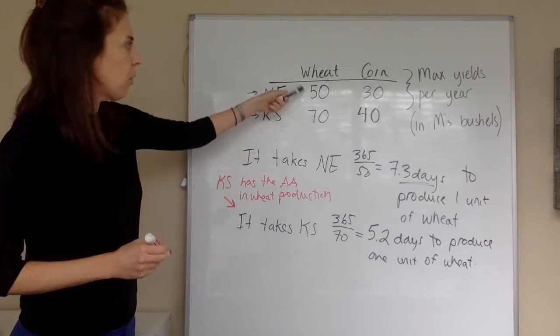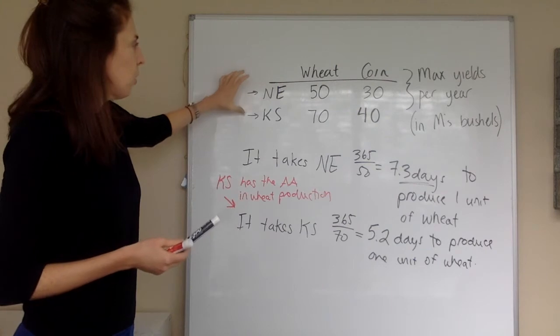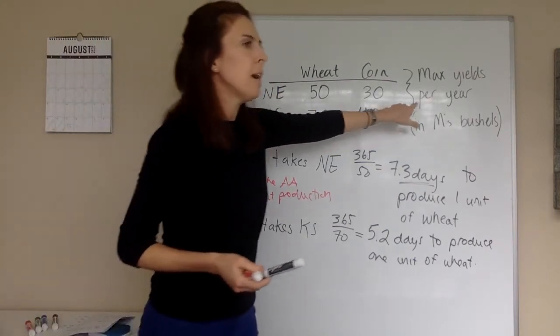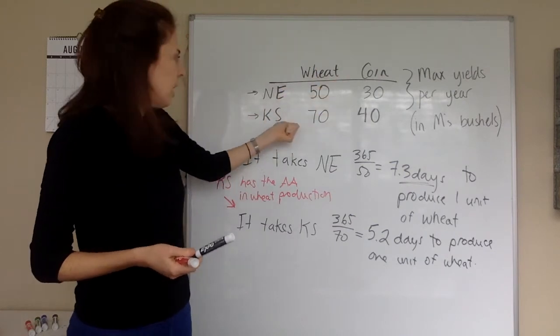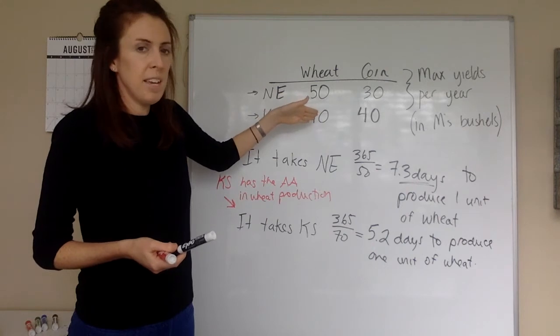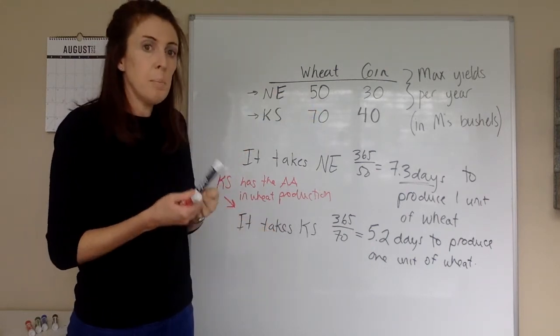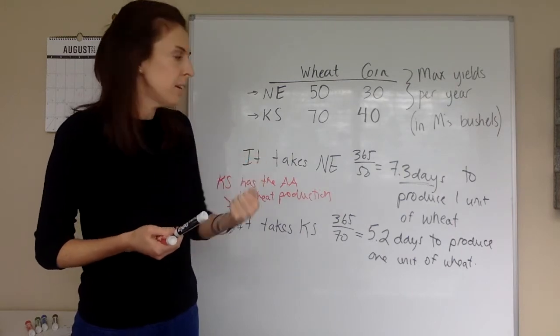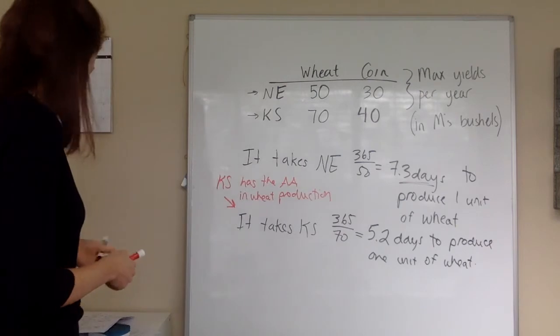Okay, so that's how it goes with wheat, and it should make sense just from the table too. In the table, we fixed the time and looked at how many units they can churn out in a fixed unit of time, and we see Kansas can churn out more wheat. So from the table, it's intuitive that Kansas has the absolute advantage. When you go through the math and figure out how many inputs they need to crank out 1 unit, we see there are fewer inputs required in Kansas than in Nebraska.